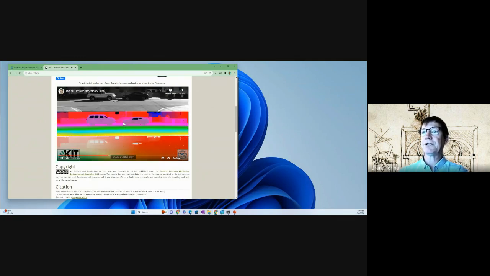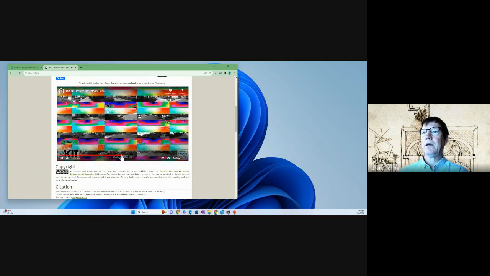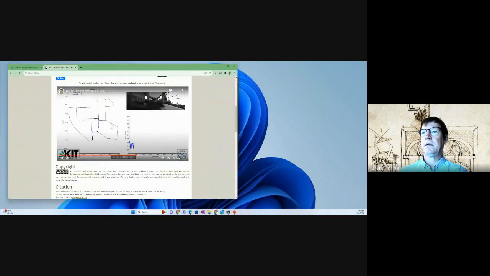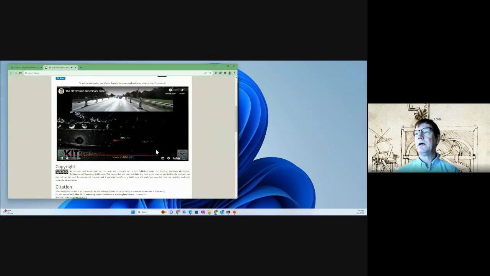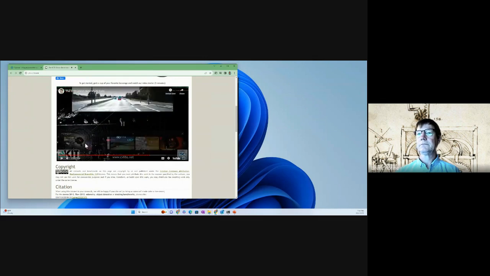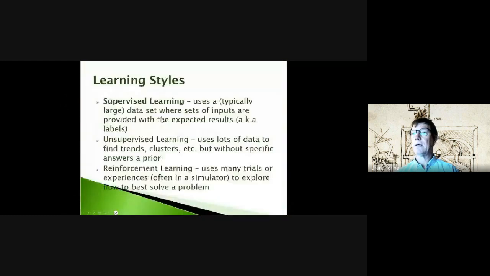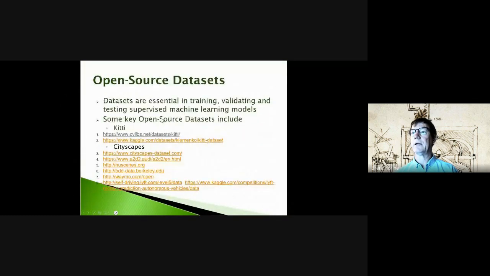There's some segmentation going on there. Okay, so just some information there, and okay, where are we at here? All right, so